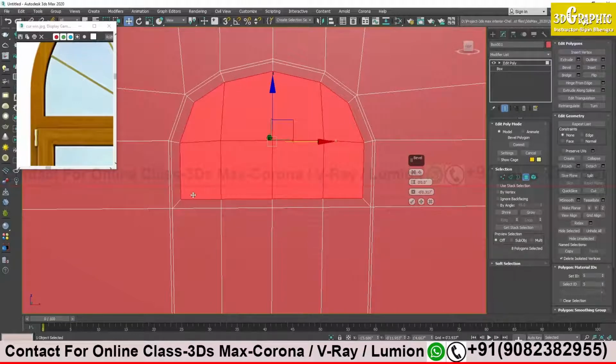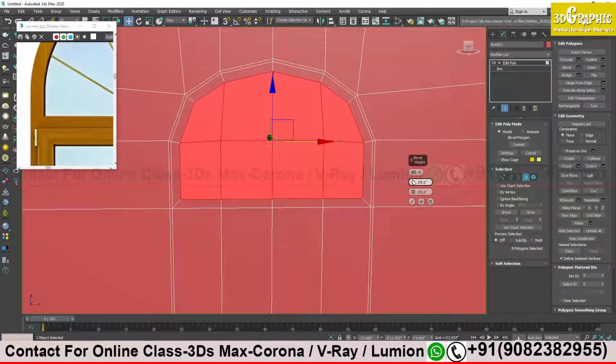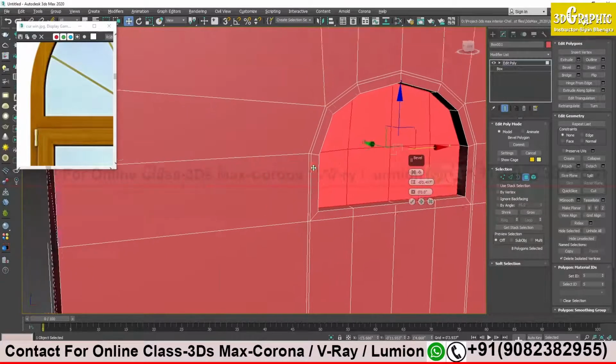Now I need to bring this face a little bit inside. So to do that, I have brought it one inside, then I have to click the plus sign. Now I cannot do it all together. So I click on the plus sign, and this time I don't want to drag it inside, so right click over here, make it 0. This time I want it to go inside a bit. I will move my camera so that you can see it properly.